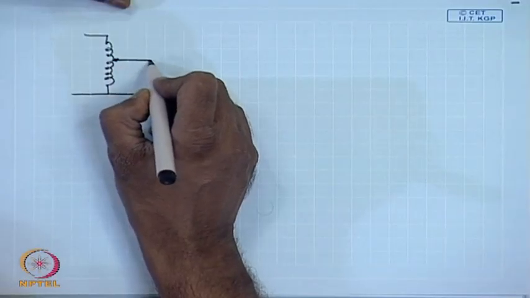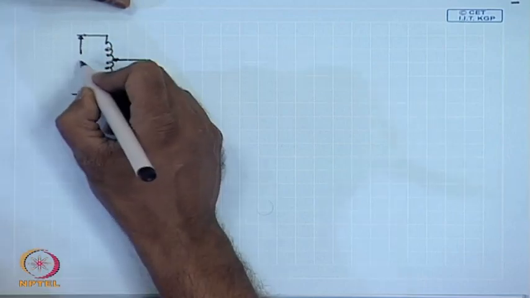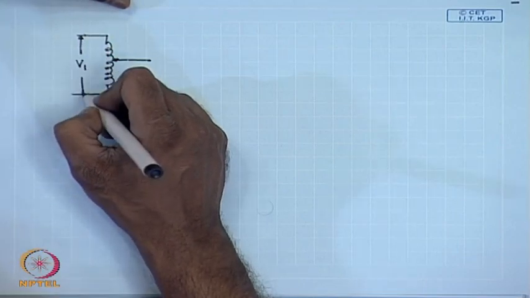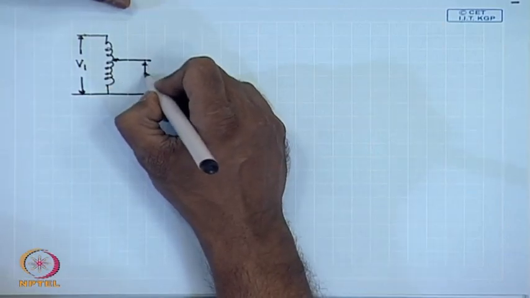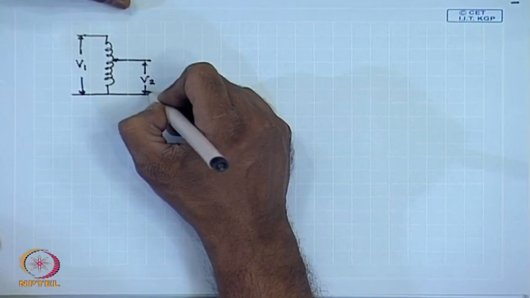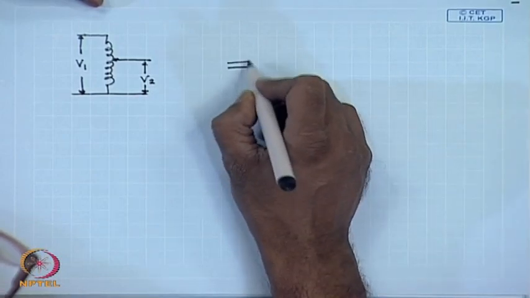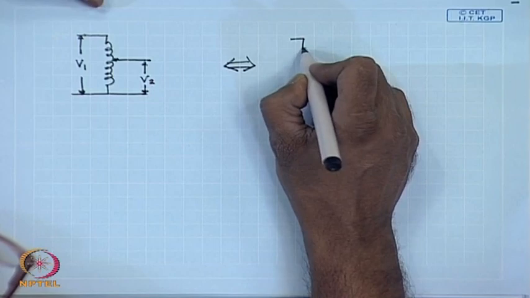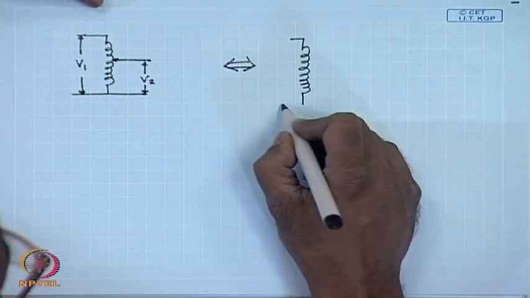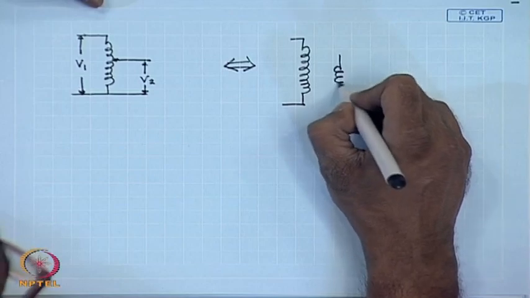We introduced the concept of a two winding transformer through an inductive potential divider of this form. That is, if we give an input voltage of V1, then we will get an output voltage of V2, which is different from V1, and from here we arrived at the concept of a two winding transformer, saying that these two parts can be separated out,